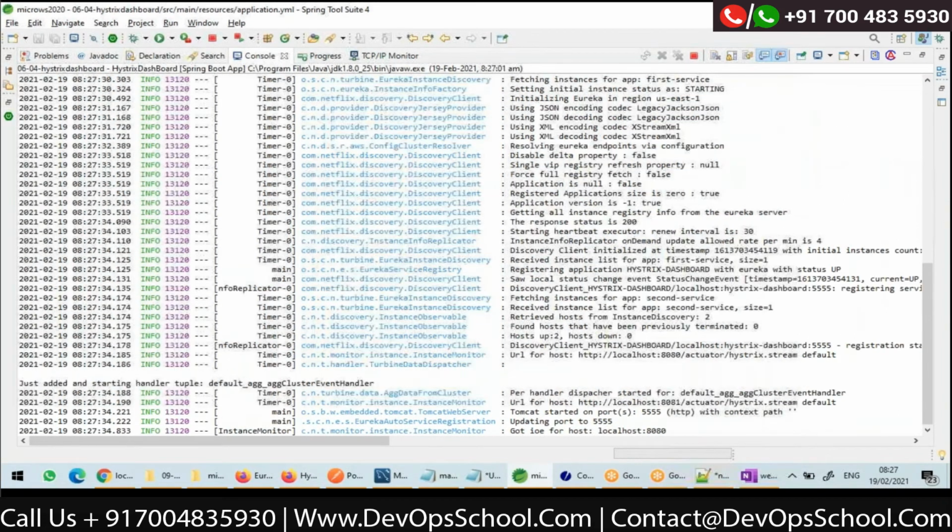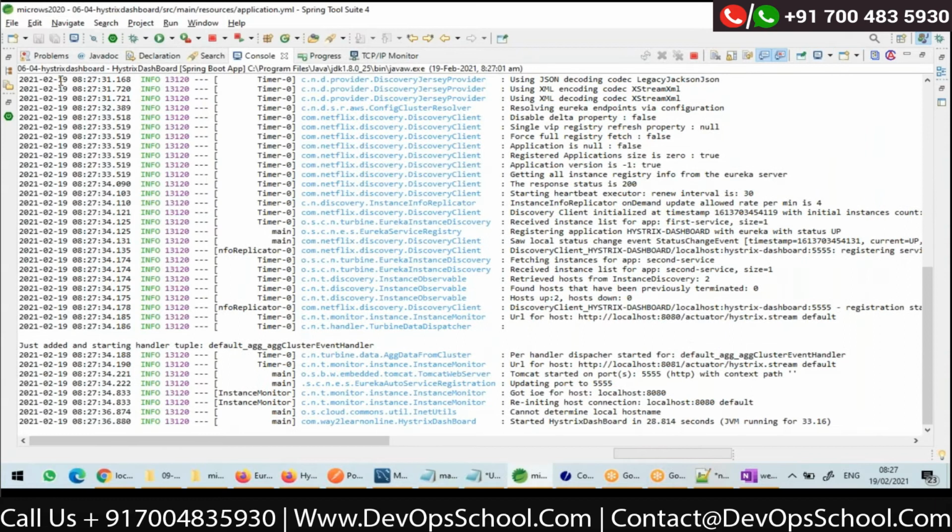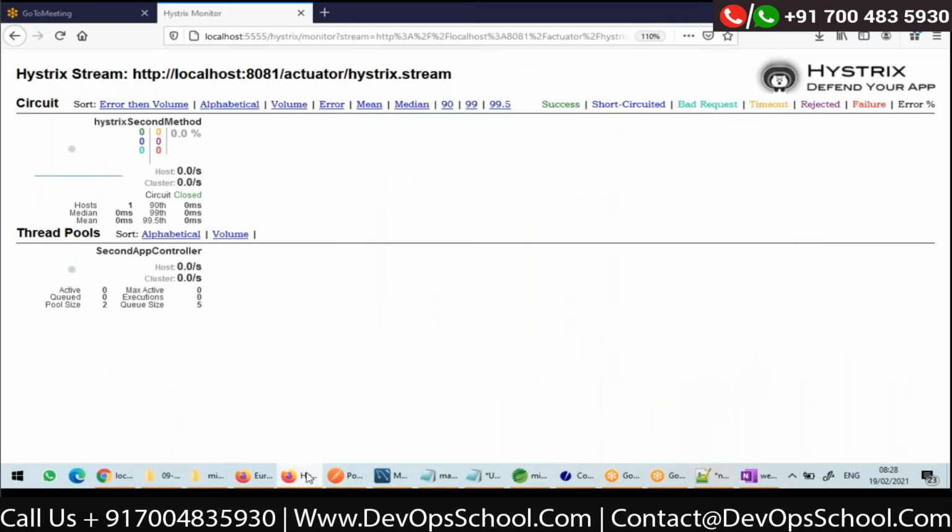Yeah, here you can see just added, starting handler tuple cluster event handler, and you can see that it understood about the Hystrix stream of 8080 and 8081 automatically. Now the dashboard has started with turbine support, and the port is 5555.